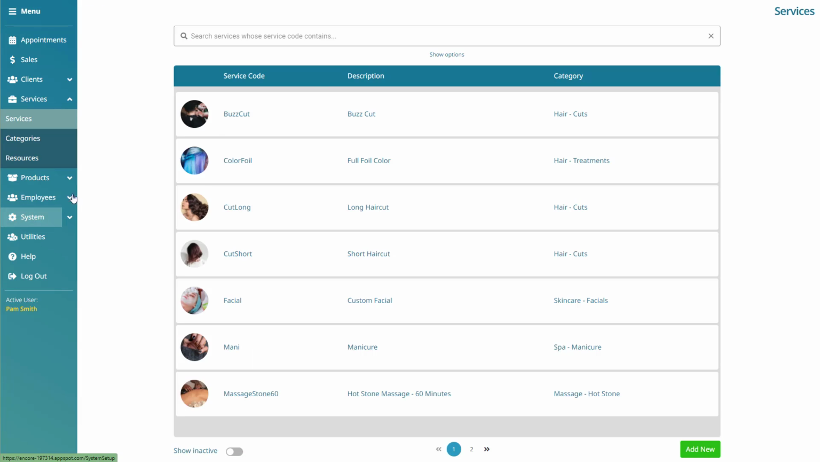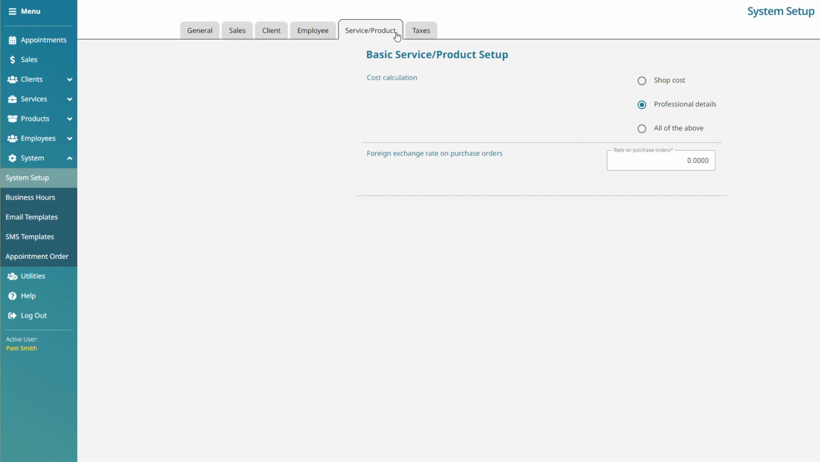Navigate back to the Service Cost Calculation area. The last option is All of the Above. This will combine both the cost field in the Services screen and the value of any professional products assigned to determine service sales profit. Under Foreign Exchange Rate on purchase orders, you can enter the exchange rate on the most